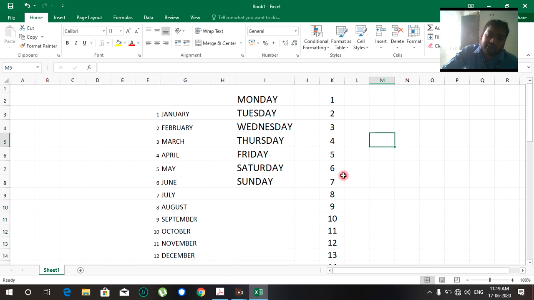Now we are going to discuss flash fill. For flash fill, again we are going to input the data.